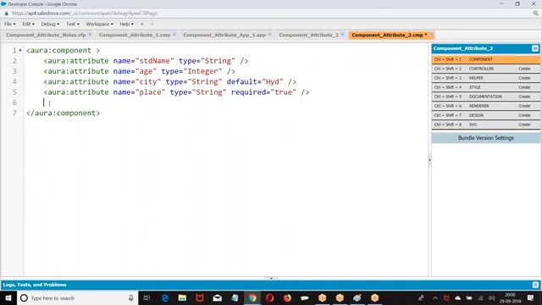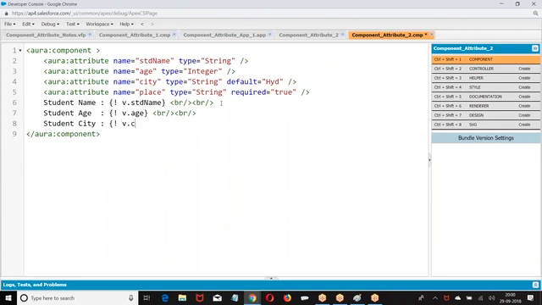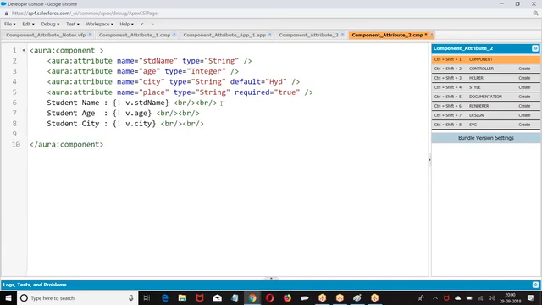So we want to display v dot attribute name. This is how we have created a component.